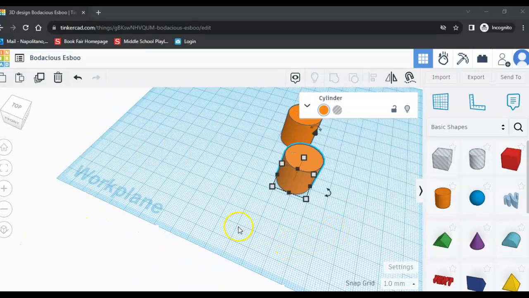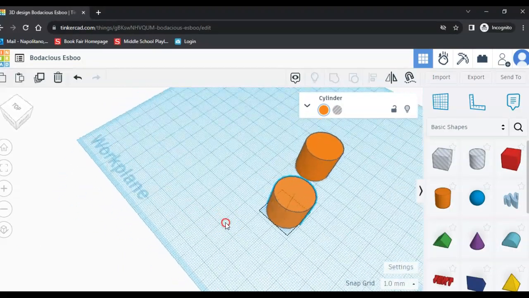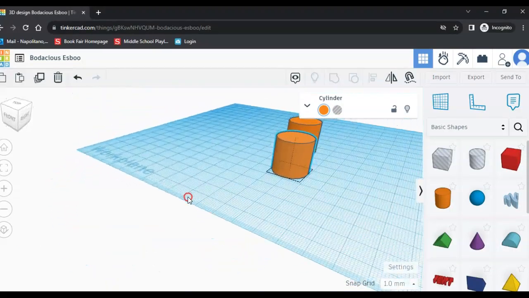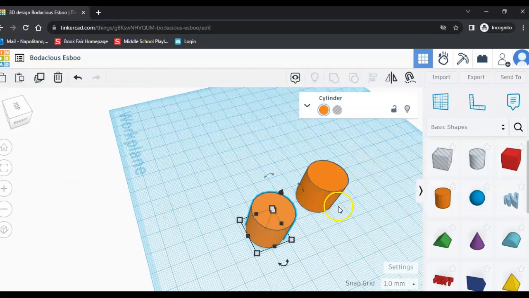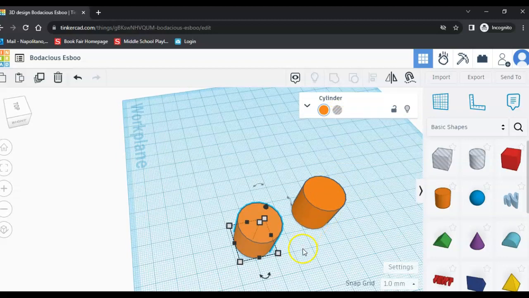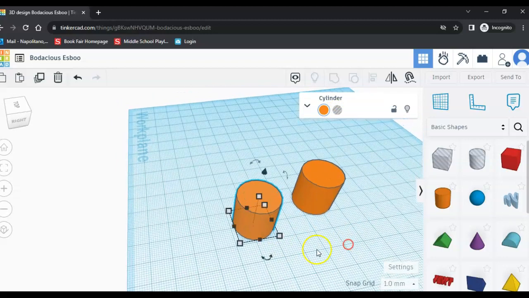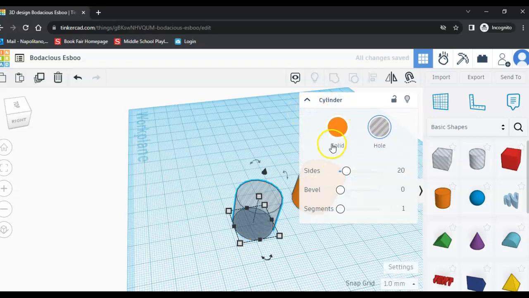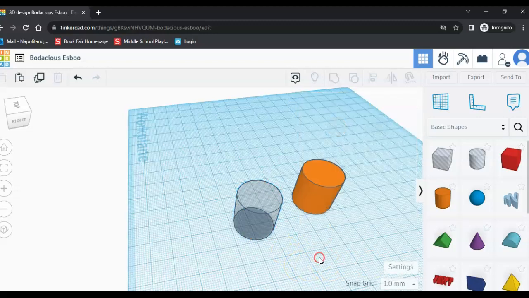Now, as I mentioned earlier, you can also create a hole in an object. So let's say I want to cut out a piece of this cylinder. Holes are also useful when you want to cut out pieces of shapes. So if I wanted to do that, I would take this cylinder, I would go to my dialog box or inspector window, and I'm going to click hole. So if I fully collapse it again, this is the solid and this is the hole. I would then